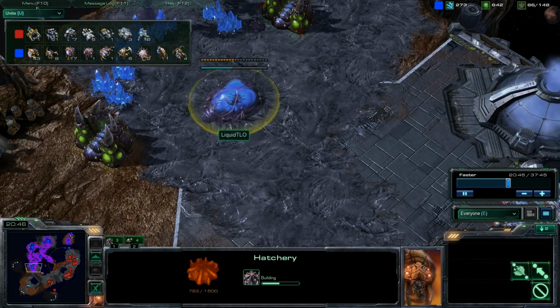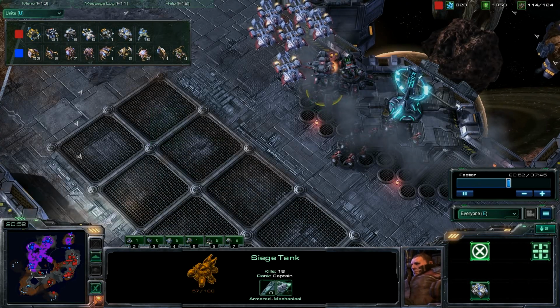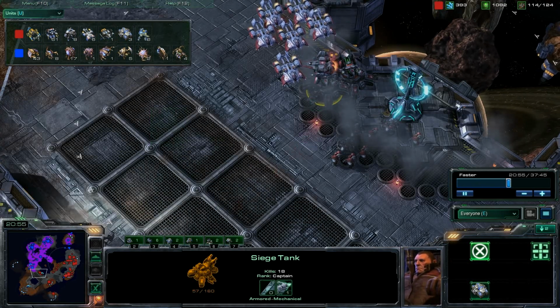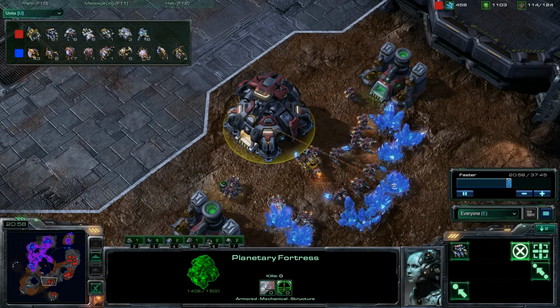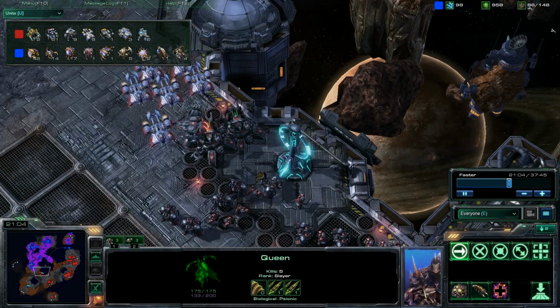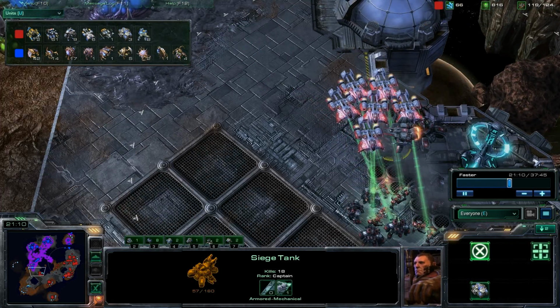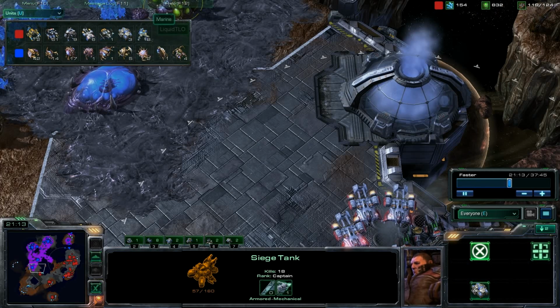And Liquid TLO did lose that hatchery, so he allowed the siege tanks to get into position here. Not really sure why he gave up that important position. The Broodlords, he might have been waiting on them, as they are sort of siege tank busters, and he knew he did not have those in time as Painuser did move out. But I would have liked to see him try to hold the fort right here,